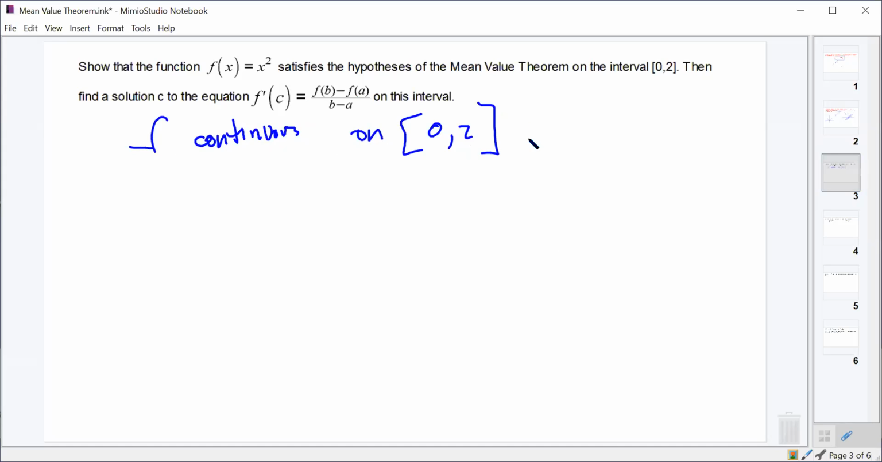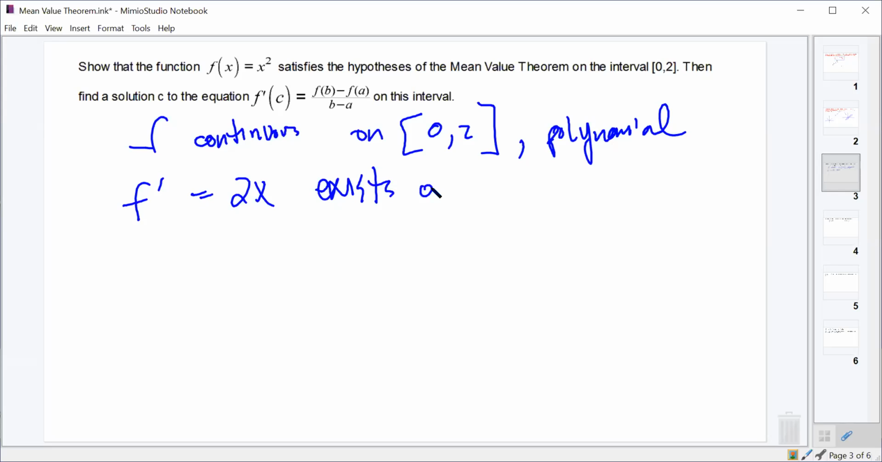Yes, because it is a polynomial. And what about the derivative, f prime, which equals 2x? Does that exist on the open interval? Yes, because it is a polynomial. Same reasoning, right? So the hypotheses are met, which tells us that there must be a place where the derivative